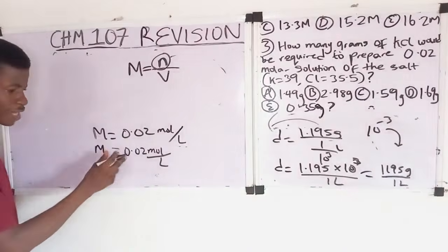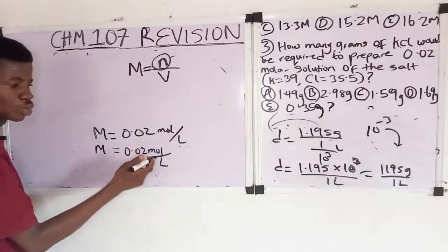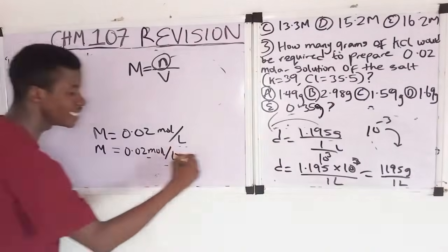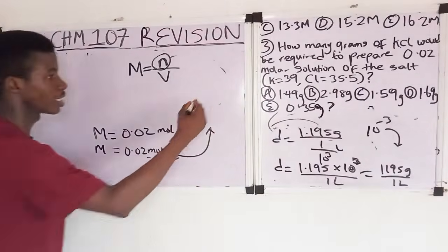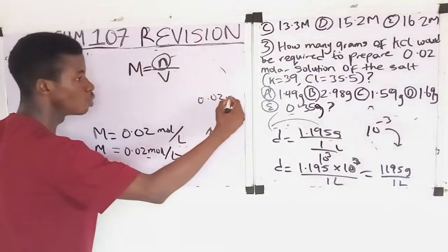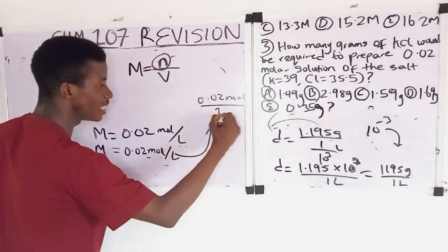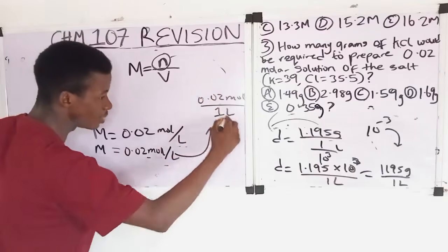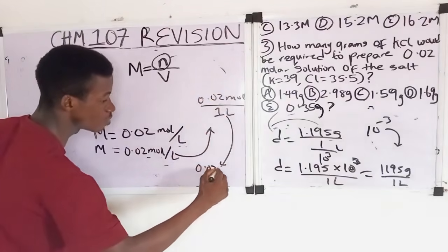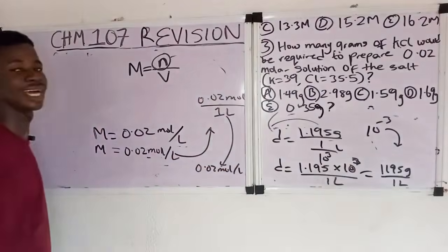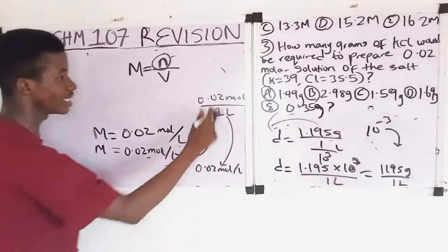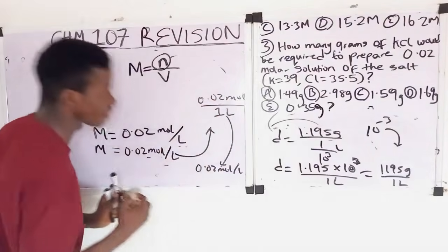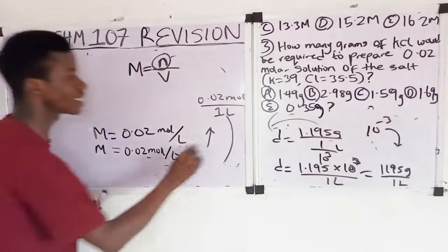It means that 0.02 mole is divided by 1 liter. If 0.02 mole is divided by 1 liter, we get 0.02 mole per liter. So that tells us that